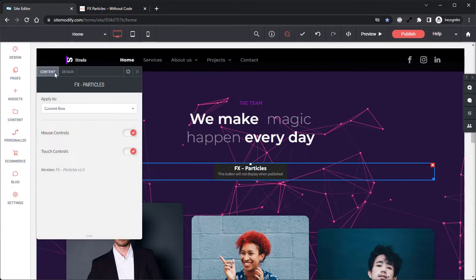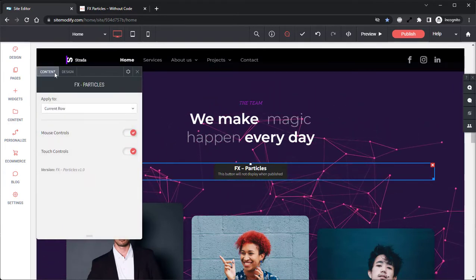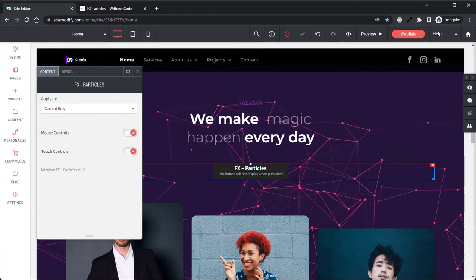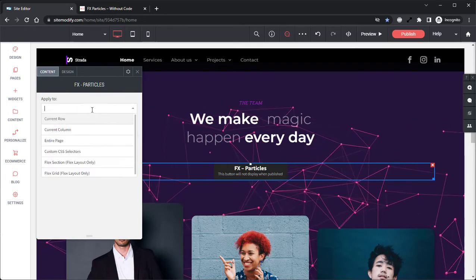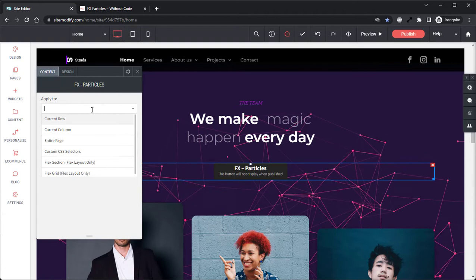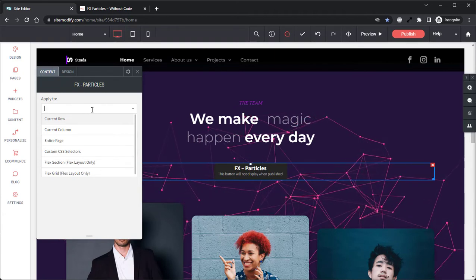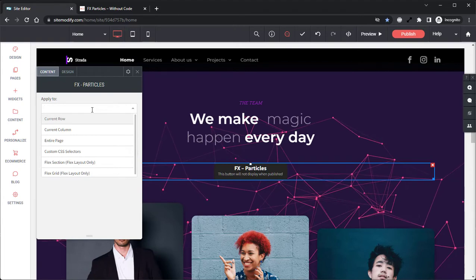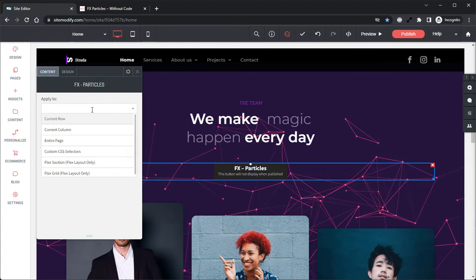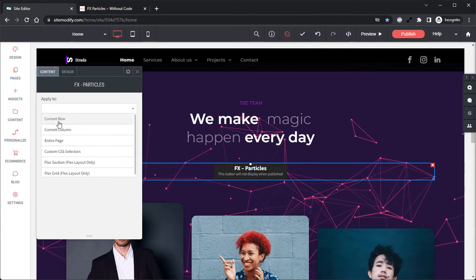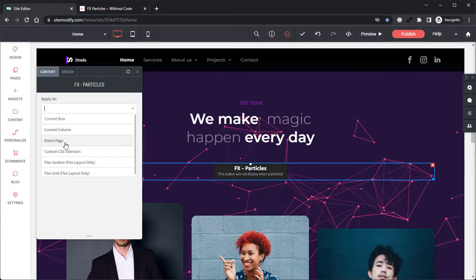Starting in the Content tab, we have a couple options. Starting from the top and working our way down, we have the Apply To drop-down option. This drop-down provides multiple options for how you choose to apply the effect. Most of these are pretty self-explanatory, but there were a few that I did want to highlight. For this example, we're going to keep this on current row, but I wanted to highlight the entire page option,